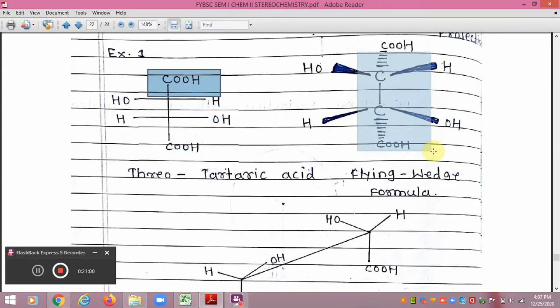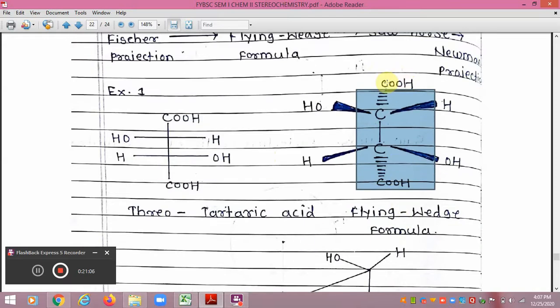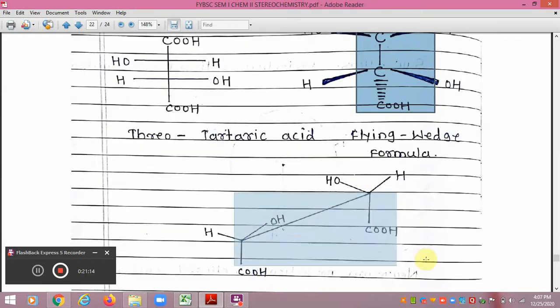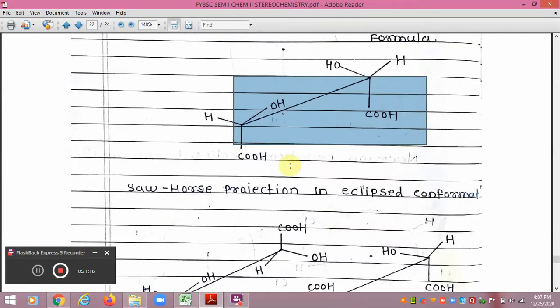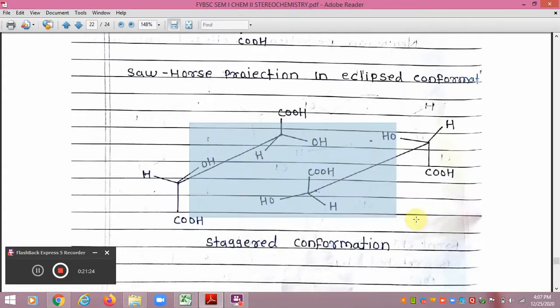So this is the flying wedge formula of tartaric acid, and in this way, this is COOH and COOH, these are pointing in the downward direction. These two groups are above the plane and these are in the plane. So in the sawhorse projection, this molecule can be represented here. Again here the relative angle is 0 degrees, that's why this is the eclipsed conformation, and if either the front carbon or the back carbon is rotated by 180 degrees, then we get the staggered conformation